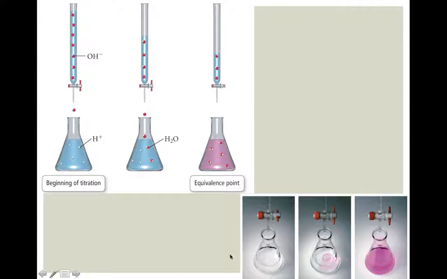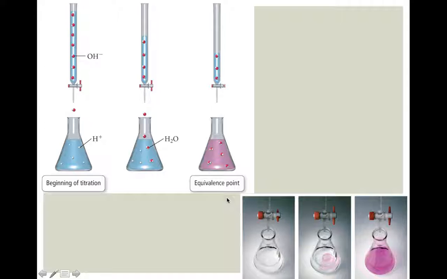So this is what the burette looks like. This is actually the picture, and this is the drawing. It's like an upside down dropper. It has a little nozzle here that you turn and it lets drops out, and you just start to add known concentration. Usually you have some kind of stir bar that's stirring it, and then once the pH changes